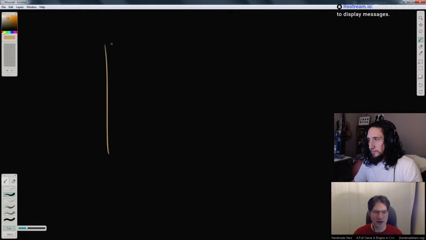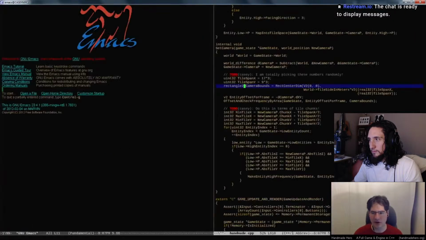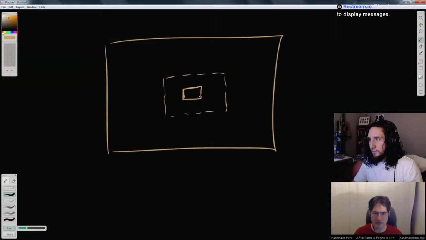Anyway, if we're in a situation where we've got our screen that we're looking at, and here is our active region that we're talking about. Well, the active region, as far as the camera bounds are concerned, is actually exact, right? It's a rectangle that we made, centered around wherever the camera happens to be, which is this center point here, and it is exactly a rectangle that goes that way. Now, remember, our chunks, however, could be at any alignment on here, right? We don't know how the chunks are aligned relative to the camera. The camera could be free roaming. We have no guarantee of how the chunks align.